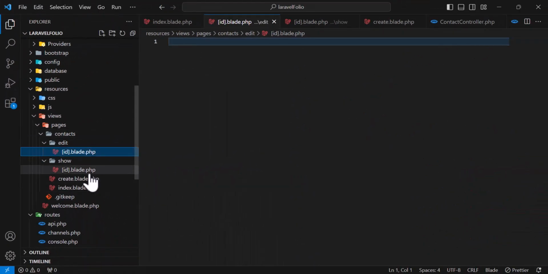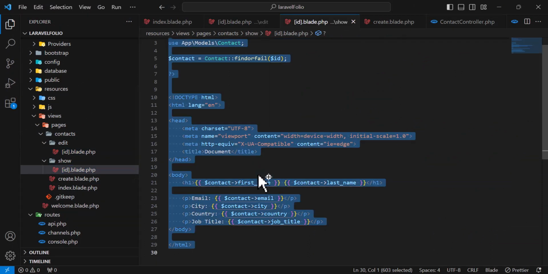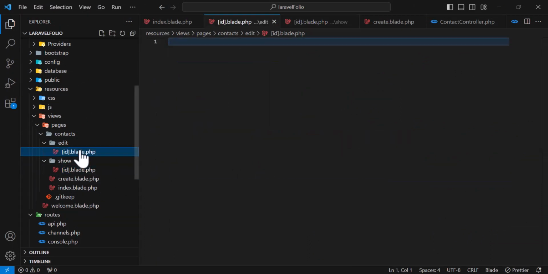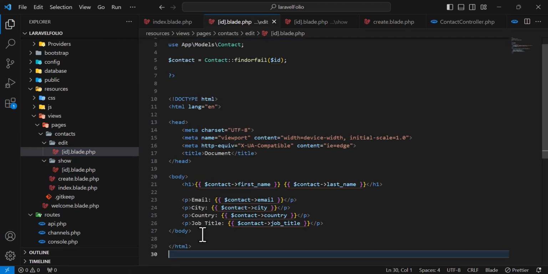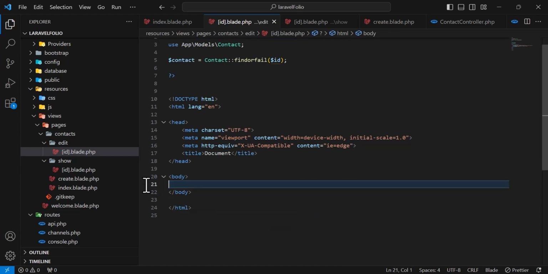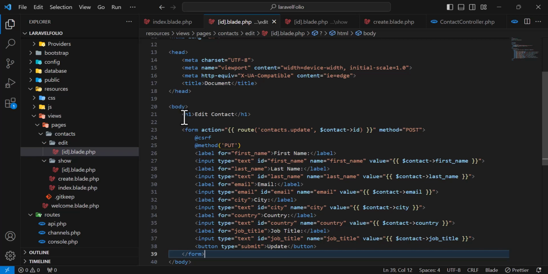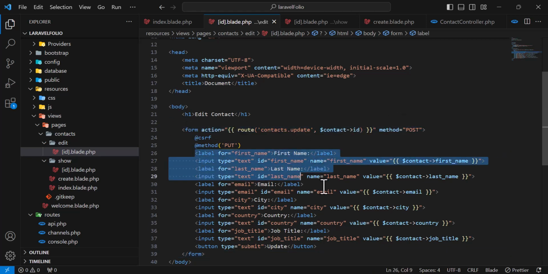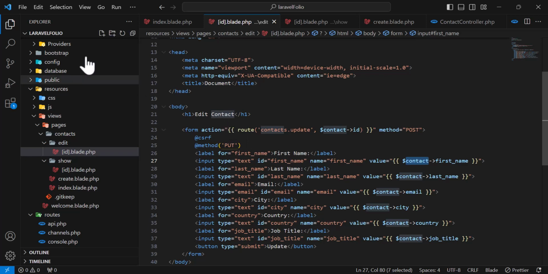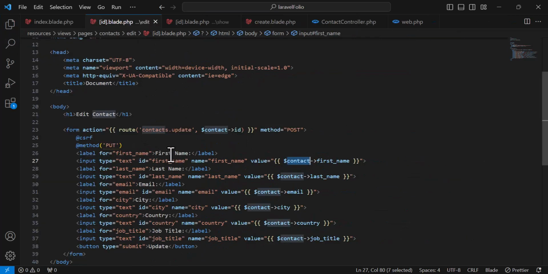Let's copy this because we are going to use exactly the same as show. Let's paste it in here. Now I will remove all of them and paste the edit code in here. So this is my edit code. I create a form and my inputs. So nothing special. I will put this repo in my GitHub also, so you guys can check it in there as well. So now let's go and create this route